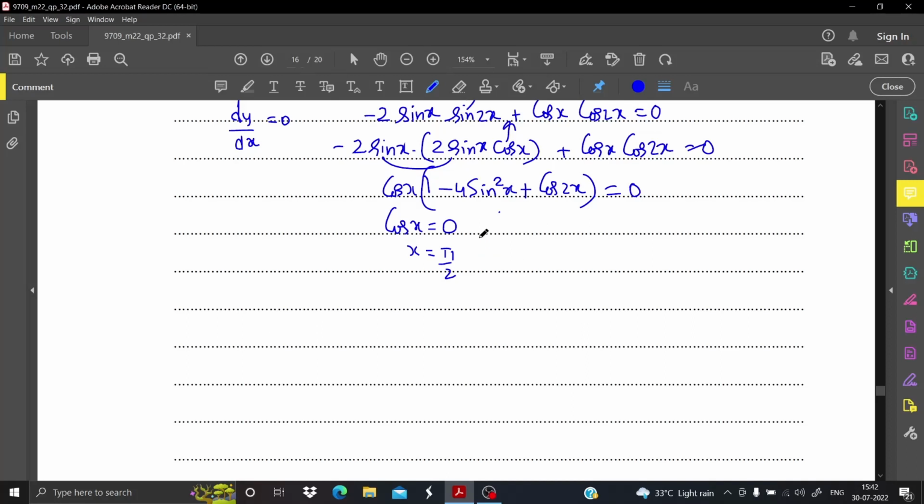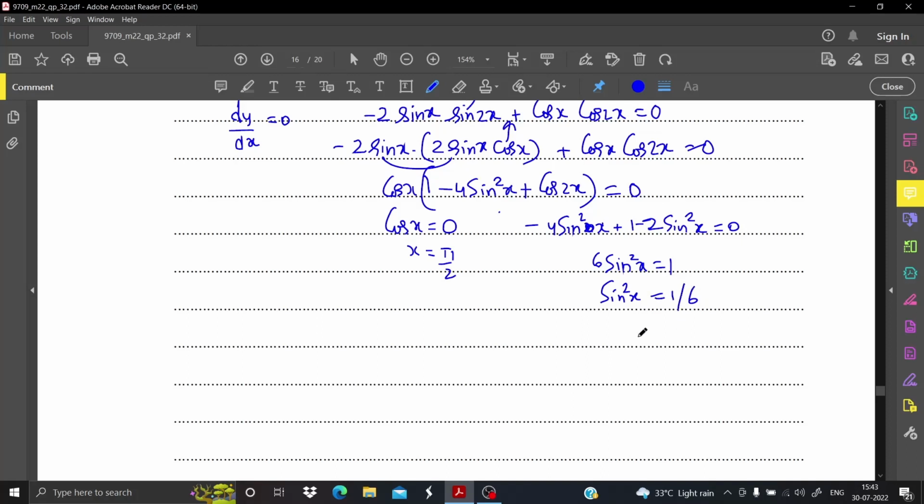So here minus 4 sin square x. Now convert the cos 2x using the double angle formula in terms of sin square. So cos 2x is 1 minus 2 sin square x equal to 0. You can also solve this problem in terms of cos, and there's also a possibility that you can do it in terms of tan. That also can happen here. So this will give you 6 sin square x equal to 1. Therefore sin square x is